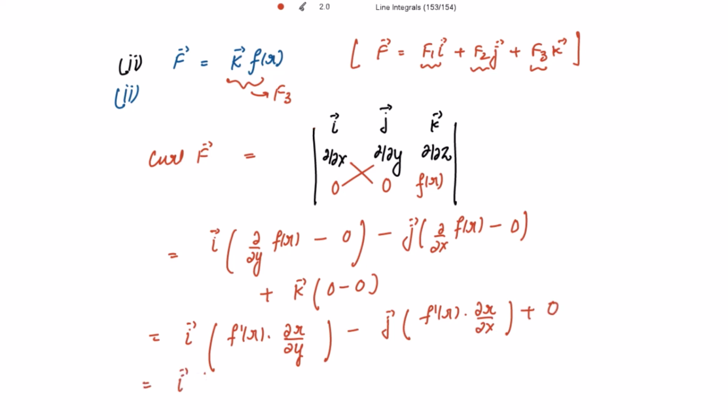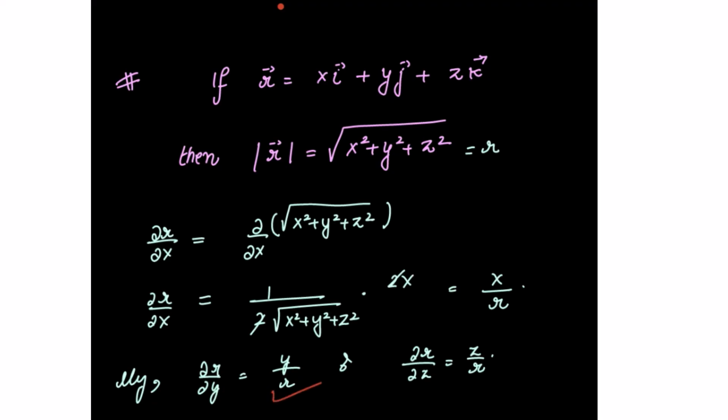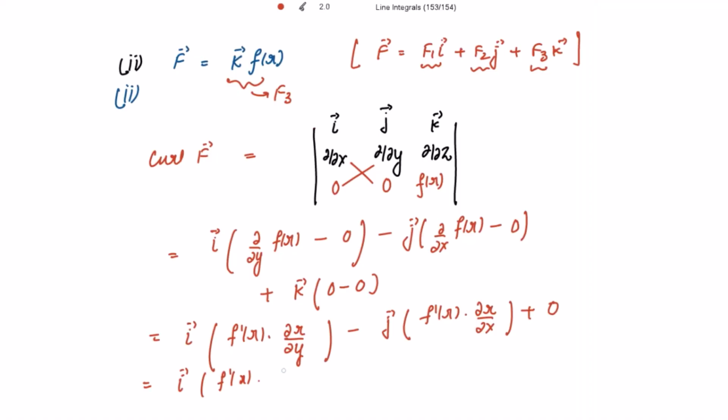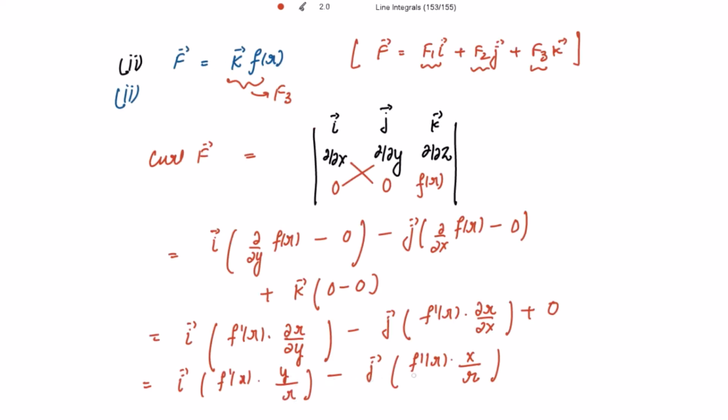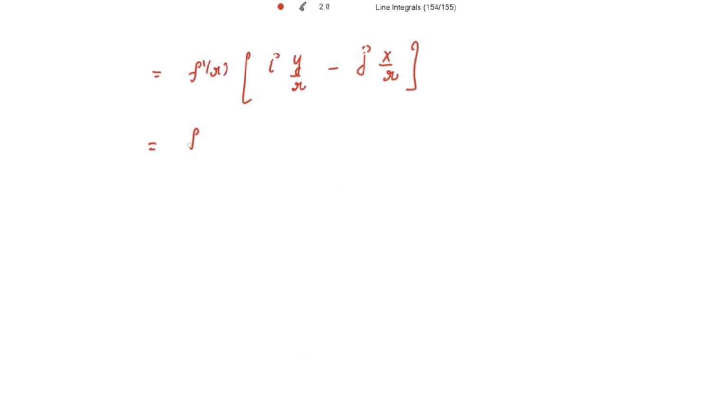So this is equal to i vector, this is f'(r). What is ∂r/∂y? It is y divided by r, right? Similarly, ∂r/∂x is x divided by r. So this is y divided by r, minus j vector f'(r), and this is ∂r/∂x, that is x divided by r. So taking f'(r) common, this is f'(r) into i vector y divided by r minus j vector x divided by r. That is equal to f'(r) divided by r into y i vector minus x j vector,